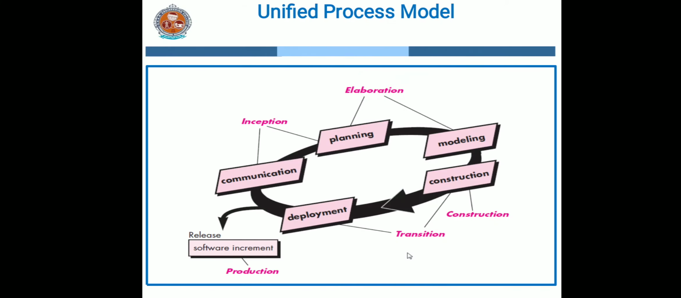Coming to the phases of the unified process model, here inception, elaboration, construction, transition and production are the various phases of unified process model. And if you observe the software process activities like communication, planning, modeling, construction and deployment, which you have already learned, all those combinedly will comprise in the unified process model. Communication, planning are considered in the inception phase, planning and modeling were taken in the elaboration phase, construction itself will come in the construction phase, construction and deployment will come to the transition phase, and the production phase is there